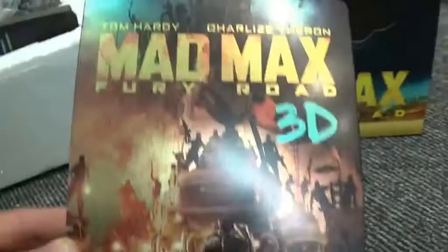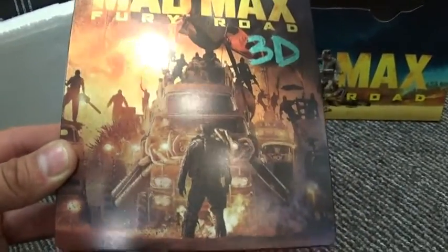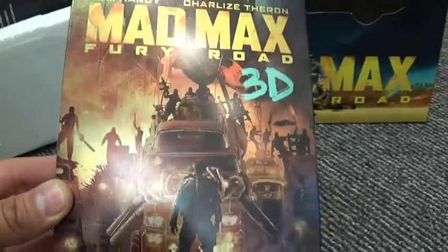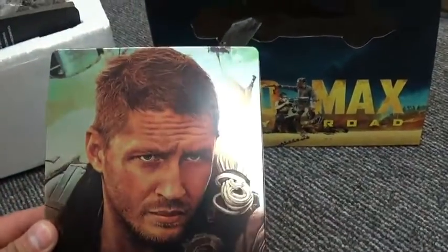But for me, I thought Charlize Theron was actually the star of the show. She was the most interesting character. I mean, it took 20-25 minutes before Mad Max actually said a word in this film, really. So that was kind of disappointing in that way, but hopefully when they do a second one, he's going to